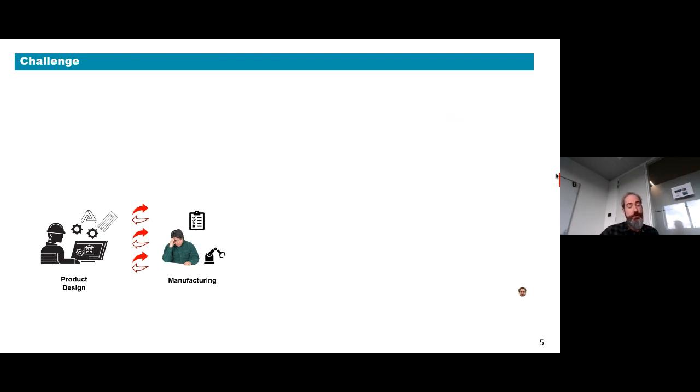And we see that in current industrial practice there's a lot of iterations that happen, and either one of these stakeholders would evaluate manufacturability in a CAD, in a PLM software, a CAD environment, and indeed there are some functionalities that help to assist to check manufacturability, but this is often limited. It's often still very manual, so also error prone,